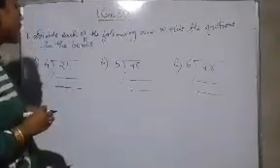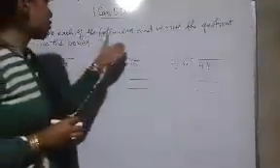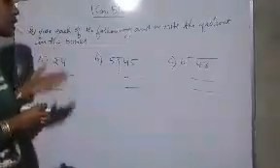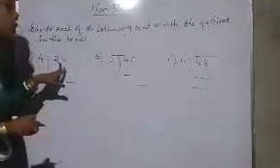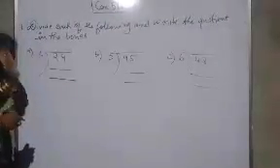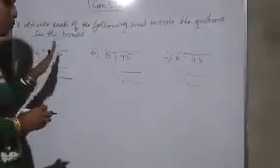Now we will be doing 1C, 5D, okay? So what is 1C, 5D? Divide each of the following and write the quotient in the boxes. So in our earlier exercise we have learned that this is called the dividend, this is called the divisor. Now we have to find the quotient, that is the result after dividing.